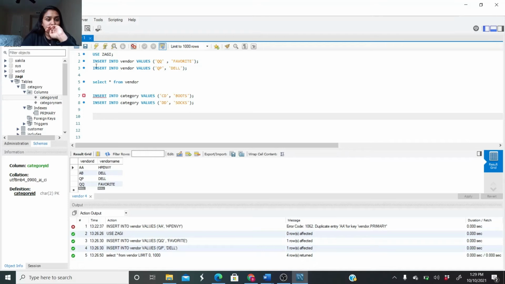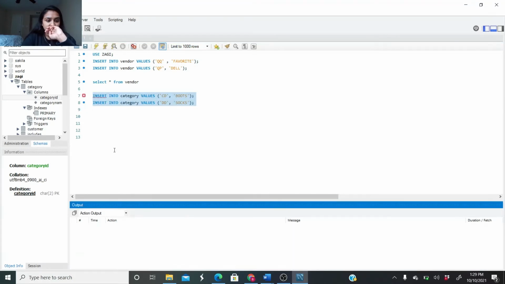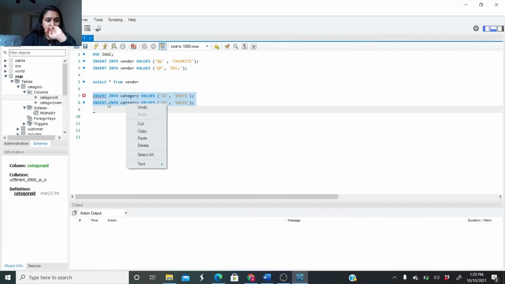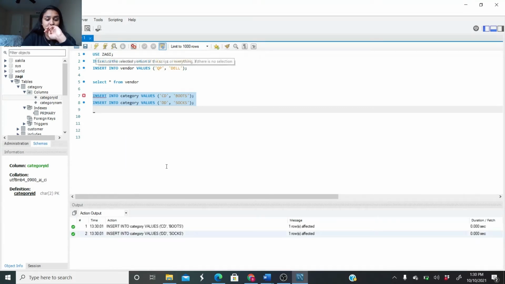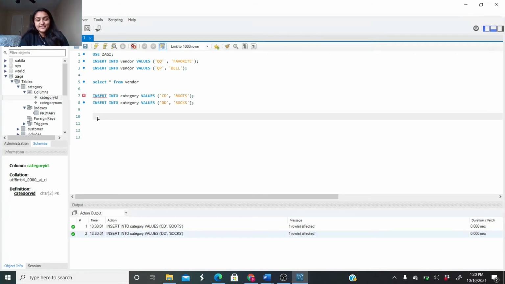If I do this, let me see. But let me first remove these if it comes up with any errors. So if I do this, it's actually creating the values. I don't know if for some reason it's just giving me this, but it has the values. The next thing I want to do is go and insert